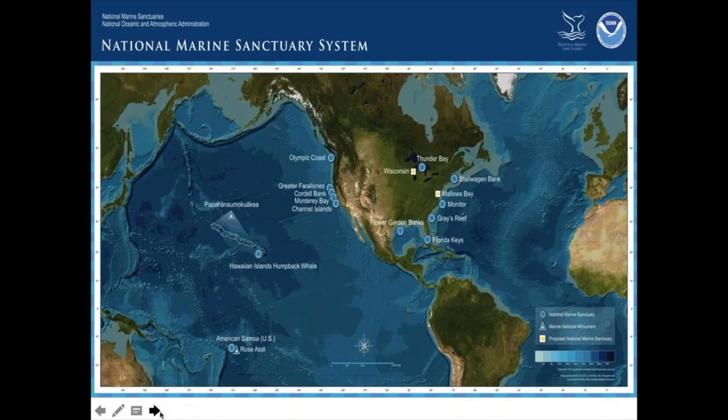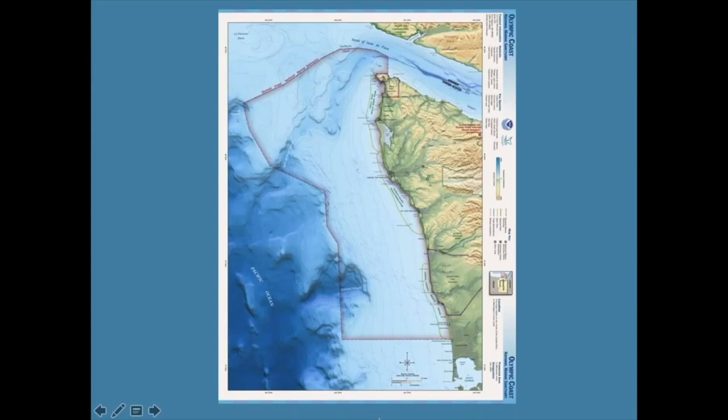Climate change is an issue that affects every single sanctuary, and so we really needed to develop a cost-effective way to both understand the issue and think about what we can do in terms of management. And so what we were very interested in for Olympic Coast was serving as one of these test locations. It's a 3,189 square mile marine protected area. You can see from the map that it goes up to the boundary with Canada. So Pacific Rim Marine Park to the north of us is affected by the same ecosystem as we are. So it was a great opportunity to work with them.